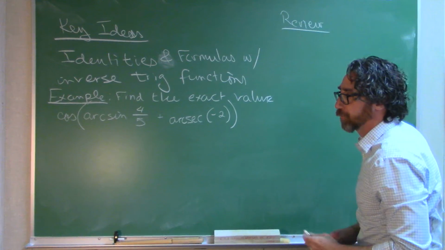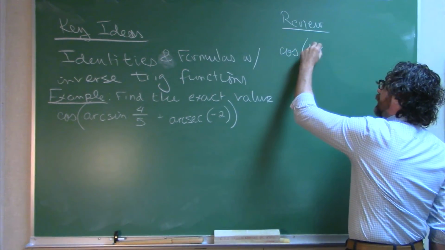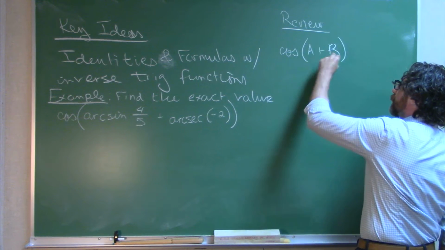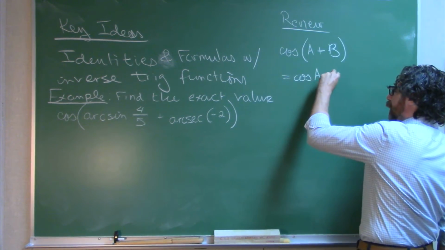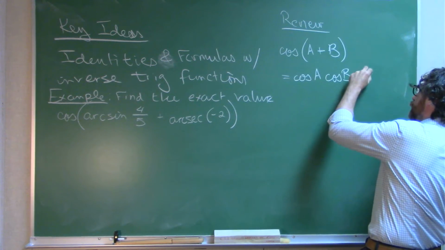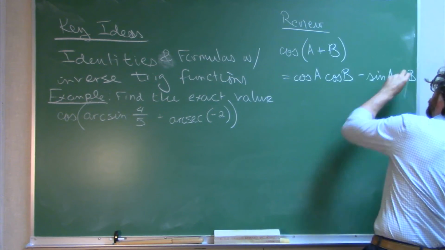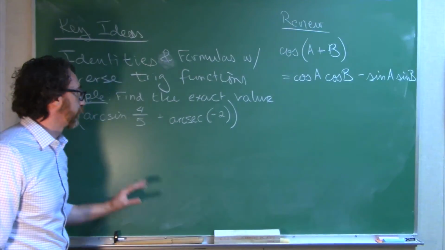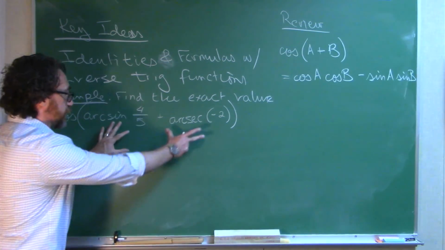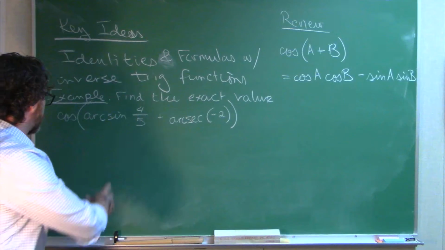Angle sum formula for cosine. Cosine of A plus B is cosine A cosine B minus sine A sine B. Okay, so that's the first thing I'm seeing here because I got cosine of a sum. I can apply the angle sum formula. All right, so this expression